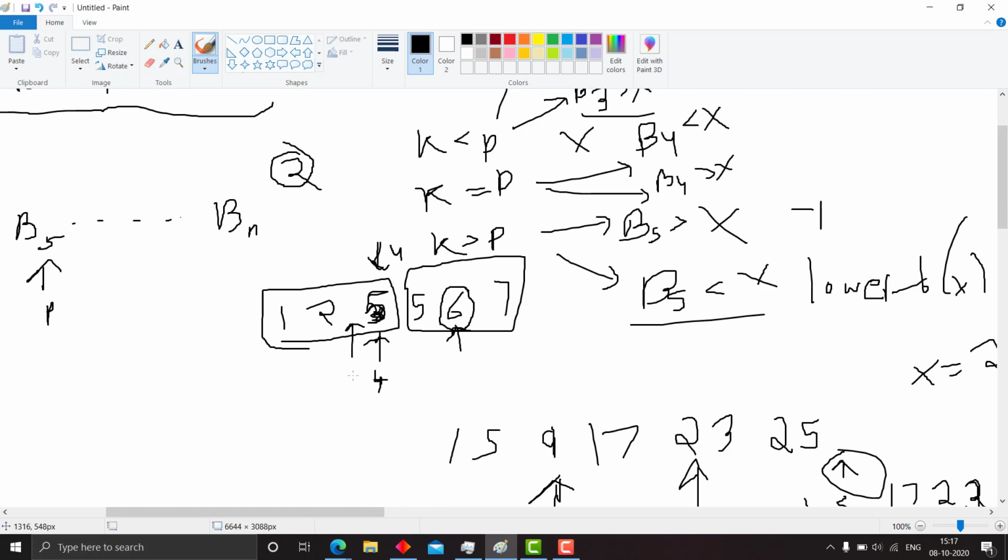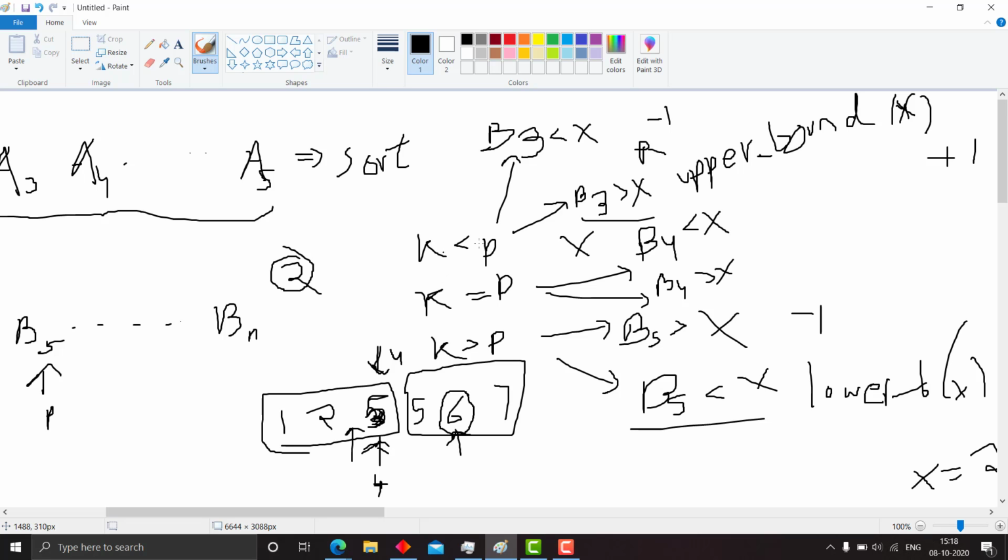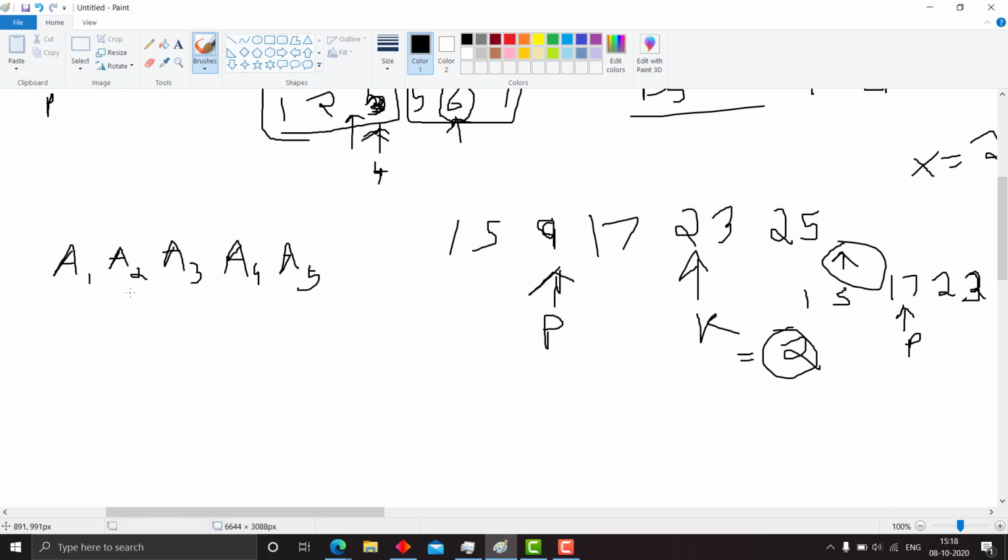And the impossible part, I will explain it to you once again so you don't miss out on anything. The impossible part is very easy. Suppose we have a sequence a1, a2, of course it is sorted, a3, a4. I will explain one part of the impossible part, and you can figure out the next on your own. I will explain the case when k is less than p and the kth value is less than x. Let's take k equals 2 and p equals 4. So k is less than p, this is k, this is p, and a2 is